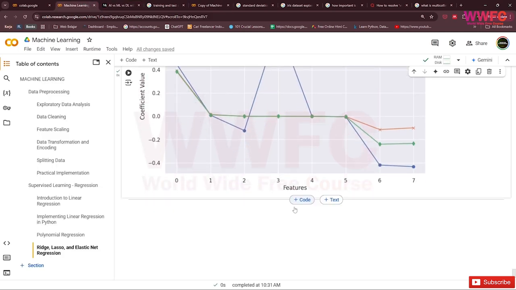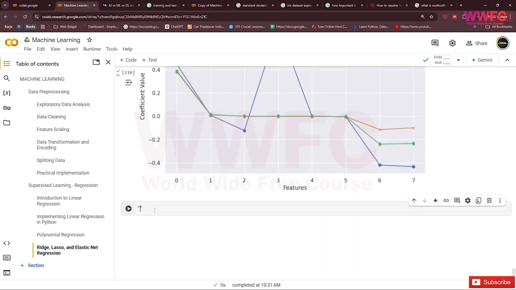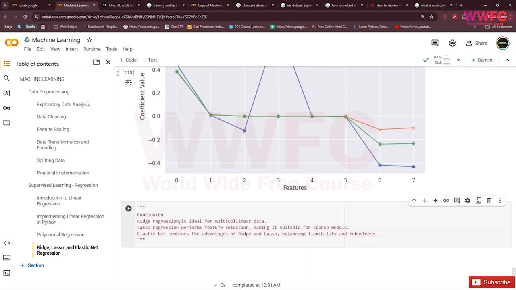The conclusion here. Ridge regression is ideal for multicollinear data. Lasso performs feature selection, making it suitable for sparse models. ElasticNet combines the advantages of ridge and lasso, balancing flexibility and robustness.